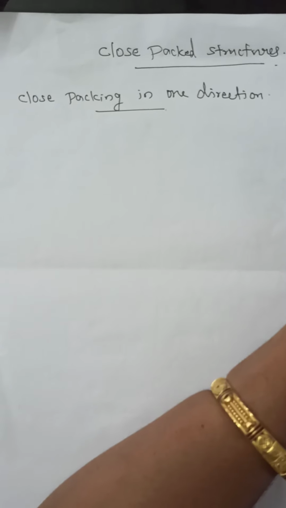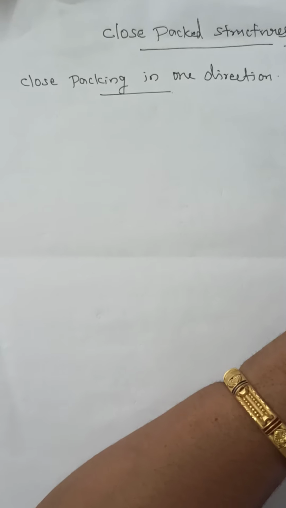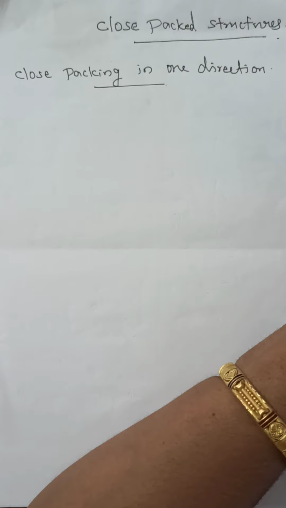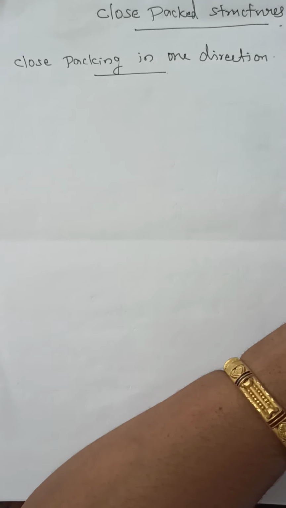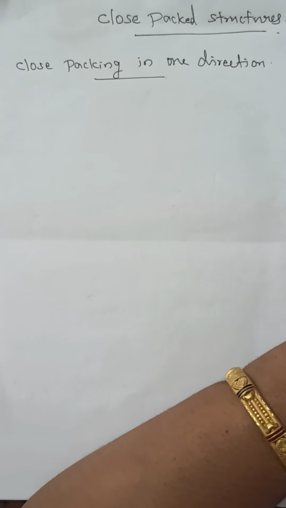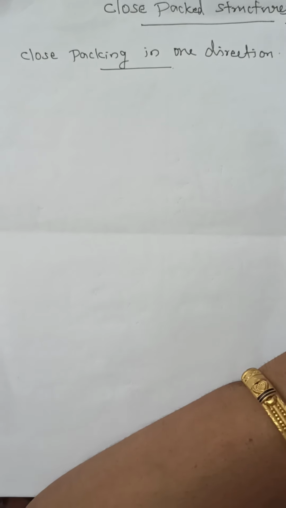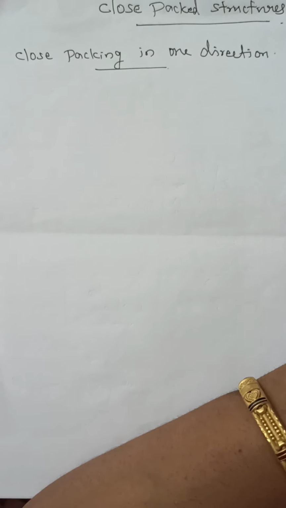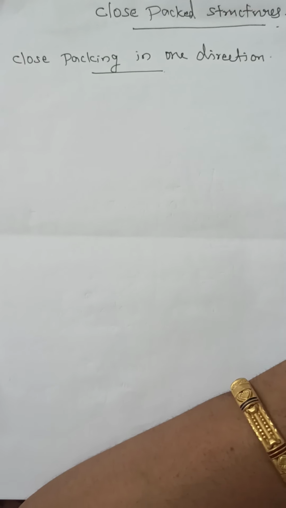Last class, you studied the unit cells and the 14 different types of crystal lattices. Now we will see how the particles are very closely packed. We are considering these particles as spheres, and we will see how the spheres are arranged. You have already observed, as I have mentioned, a fruit seller arranging oranges or apples on a very small table. Thousands of apples he could arrange.